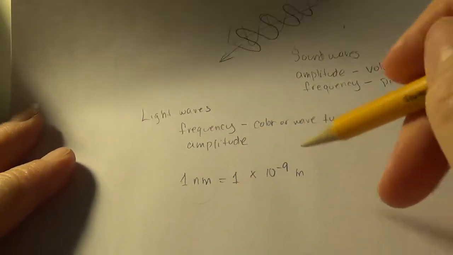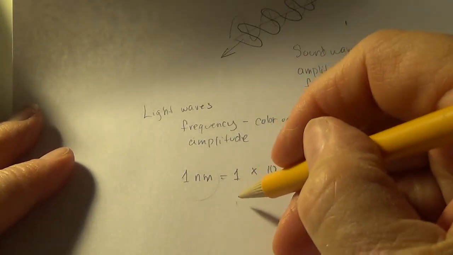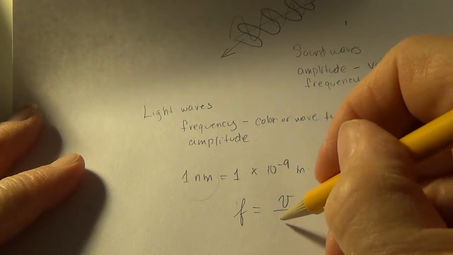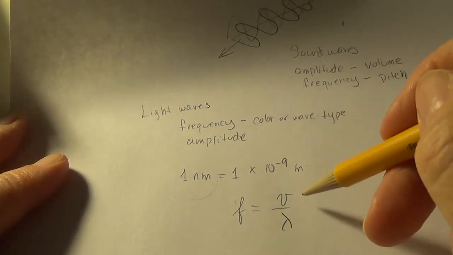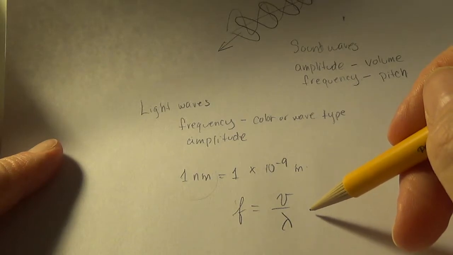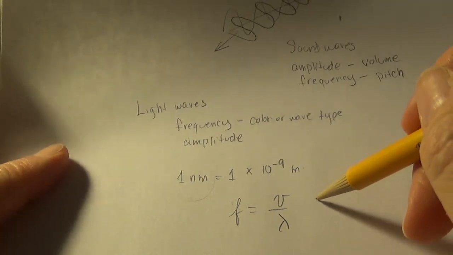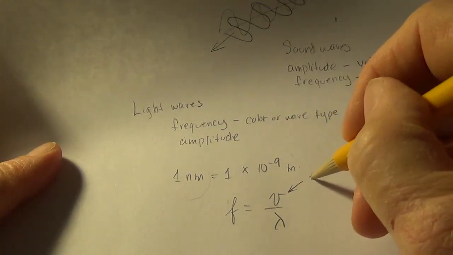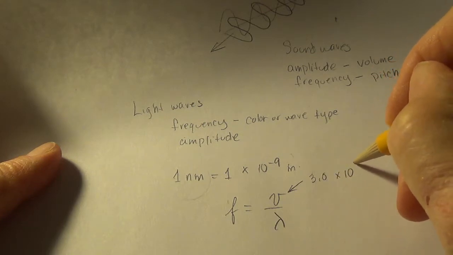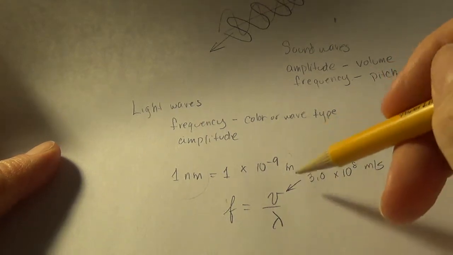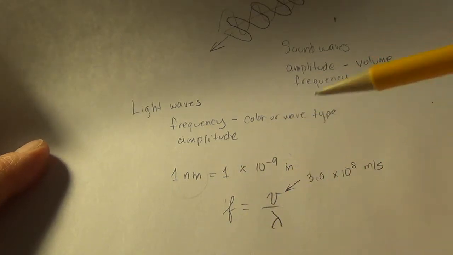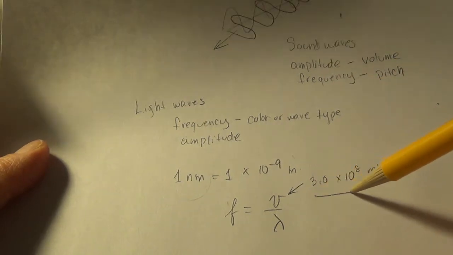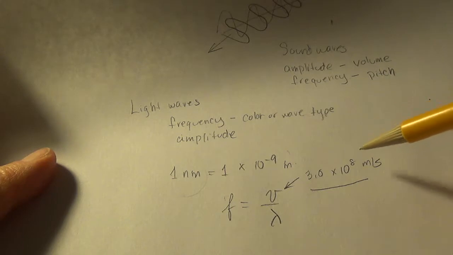So, as I was mentioning, if we were going to use this formula, which also, because light is a wave, this formula relating frequency, velocity, and wavelength works not only for sound but also for light. The only thing is, the velocity of light we're going to consider to be the same all the time. We're going to use 3.0 times 10 to the 8th meters per second. So that won't be given in the problem. They might say, here's some blue light, here's some red light. It doesn't matter. The speed of the light is going to be the same. We're going to count that as 3.0 times 10 to the 8th.